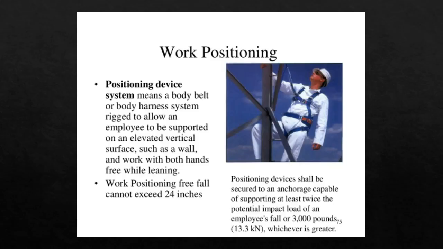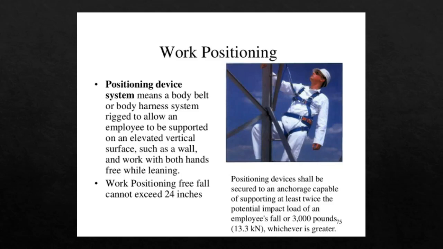Positioning device systems are things that you often see in scenarios such as window washing. These are where you have a body belt or body harness system which is rigged to allow an employee to be completely supported on an elevated vertical surface such as a wall and work with both hands free while they're leaning. Now obviously a positioning device system has to be designed in such a way as to not create any